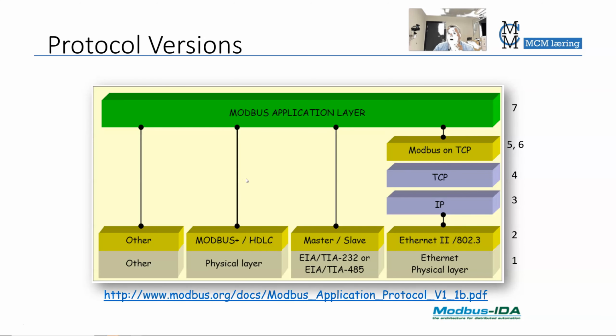So this is an example of Modbus on TCP/IP. Then you need the Ethernet protocols, you need the IP protocol and the TCP protocol. So all the layers here are covered. While if you use it on, for example, RS-485, you don't use the mid layers here, 3, 4, 5, 6,